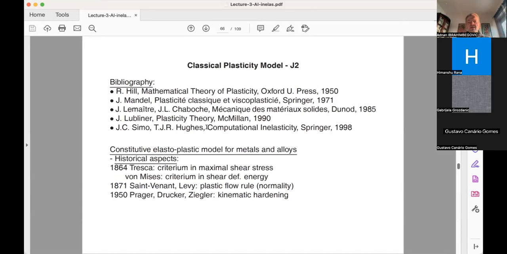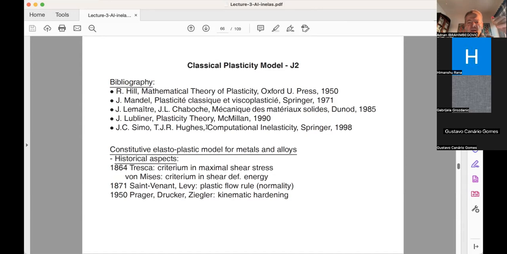Now, if you want to extend the predictive capabilities of the von Mises criteria, you have to take into account hardening. And basically, the types of hardening that were taken into account were due to the works of Prager, Drucker, Ziegler, types of kinematic hardening, allowing to take into account the Bauschinger effect. That means when you reverse the sign of the stress, it is no longer the same type of threshold. So these things we'll discuss as well in terms of refinement of the model